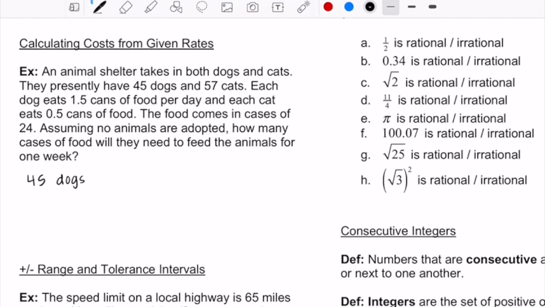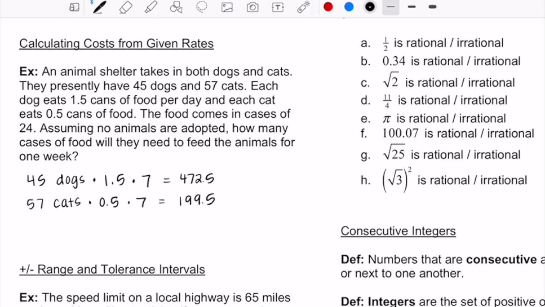So you're starting out with 45 dogs and 57 cats, and they eat different amounts of food. So in terms of figuring out how many cans of food you would need for the week, you can make that adjustment. Let's see. 45 dogs times 1.5 cans of food per day times the 7 days in the week would give you 472.5. And then 57 cats times the half a can of food that they eat per day times the 7 days in the week gives you a total of